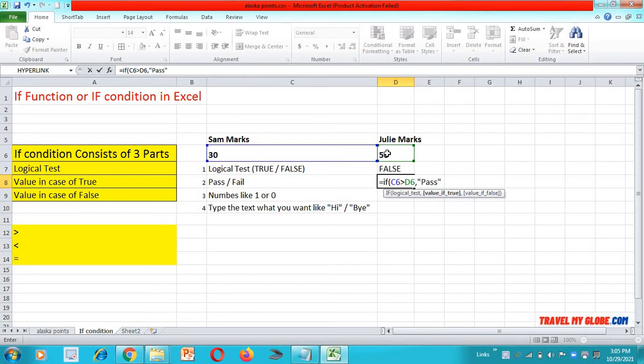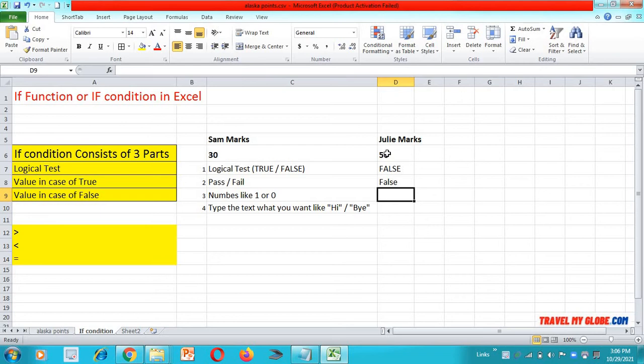And after that you want to type what happens when the condition is not true. So put a comma. Now type what you want. If the condition is not true, type fail. Now close the bracket.